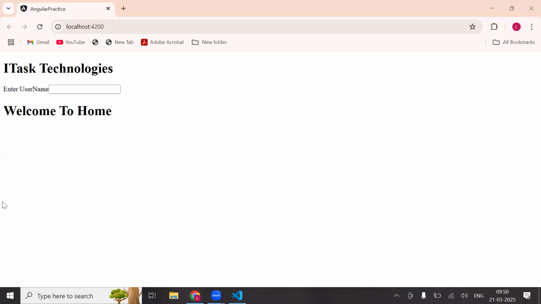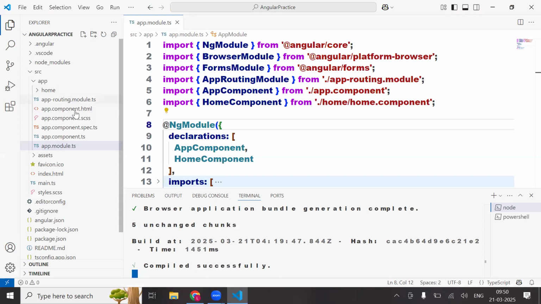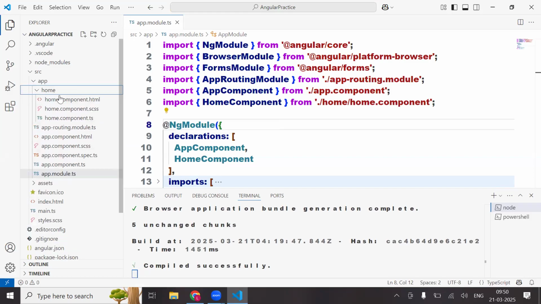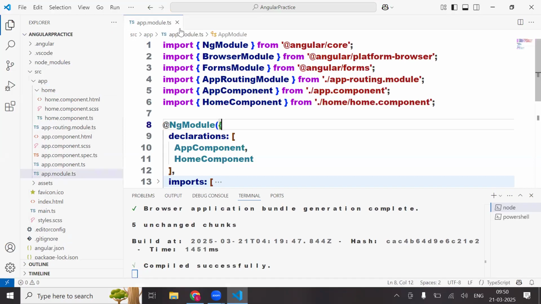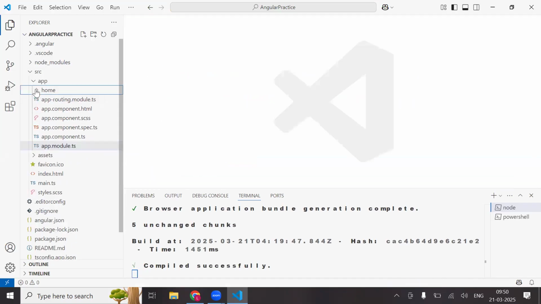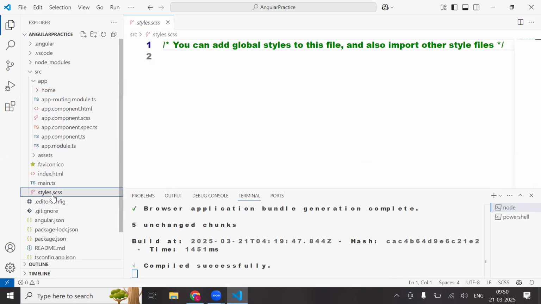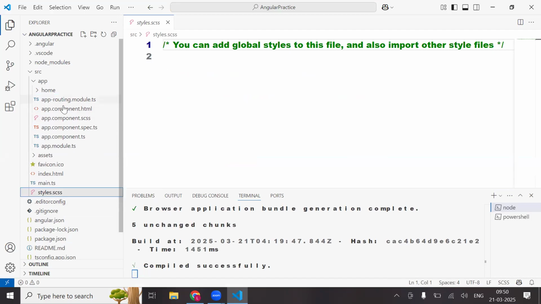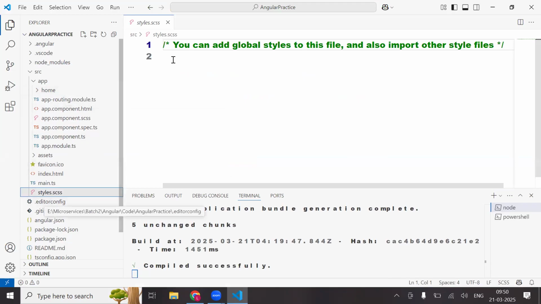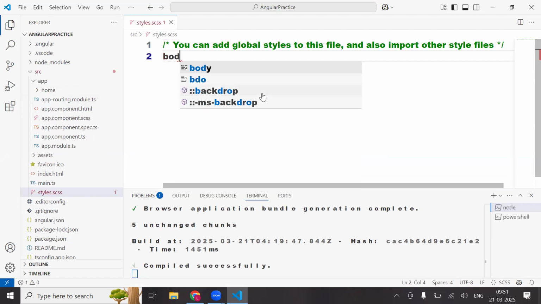See, in Angular every component has a CSS file, say yes or no. Every individual component has a CSS file. But you have one more CSS file called style.css. This is global. If I add any CSS in this file, it will affect both the app component as well as the home component. This is the place where we can write global CSS. So what you do, body,